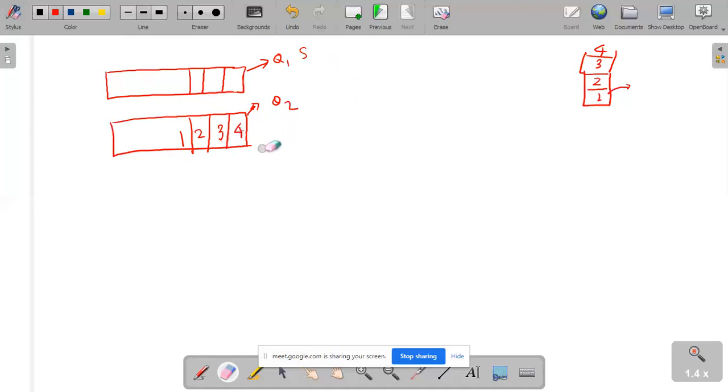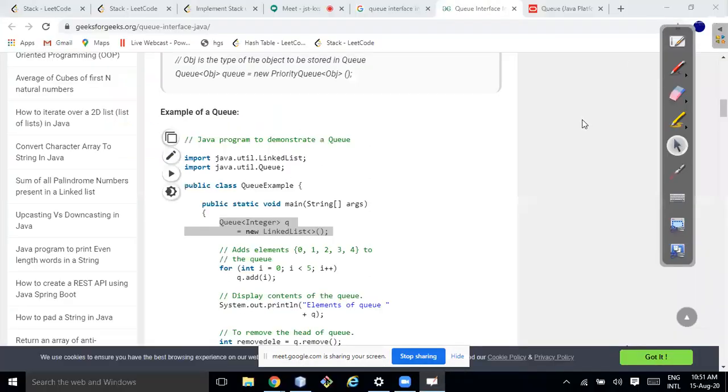So if you do pop here, it should be pointing to this one. Anytime you are asked for a pop operation, you can do pop, pop, pop, pop. From here also, if you do pop, pop, pop, pop, it will give the correct result. So when you are solving such a problem, use pen and paper, try to draw this diagram and try to solve it. I try to add it here also, so you will get the idea. I hope it is clear to everyone till now.